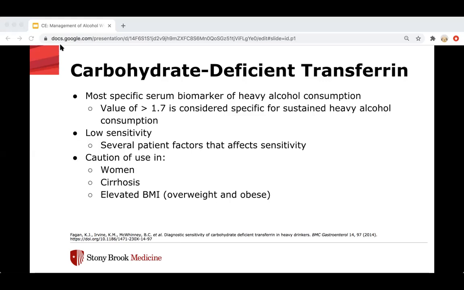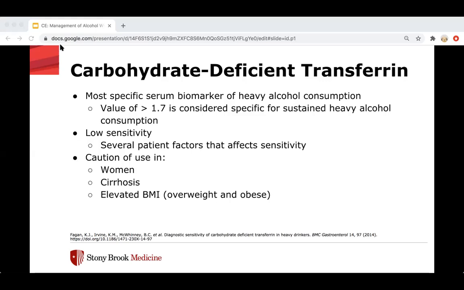The problem with this is that it has an extremely low sensitivity. Falsely low CDT levels are seen in heavy drinkers who are women, who have cirrhosis, and who have metabolic risk factors such as obesity, insulin resistance, hypertension, or dyslipidemia. These patients usually have an elevated BMI. So the low sensitivity is really what limits the use of this, but it is super specific to heavy